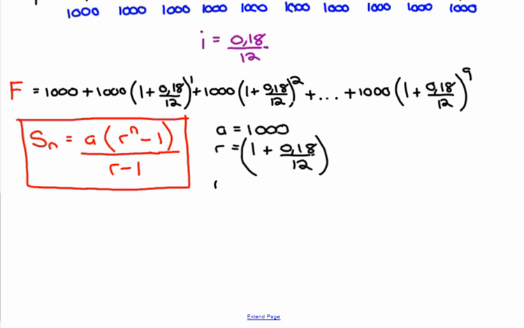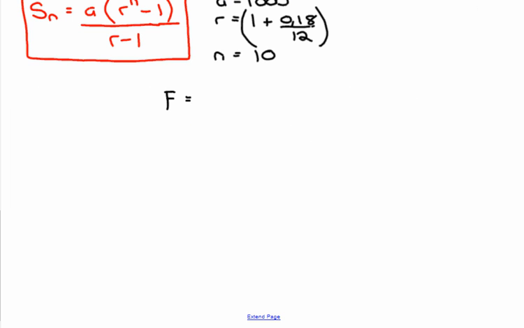And in this case, how many terms are there? There are 10 terms. You might see a 9 here, but remember the first term is this guy over there, that 1,000. So let's plug all of these into that formula for geometric series. Now instead of Sn, we're going to use an F for future value. Okay, so in this case we've got F is equal to, give ourselves a little more space there,